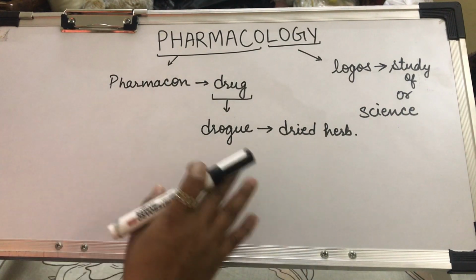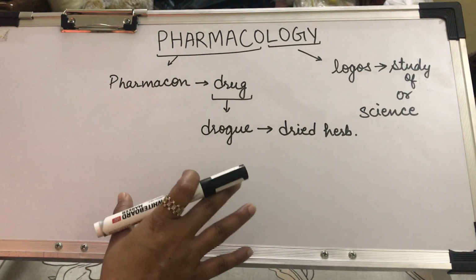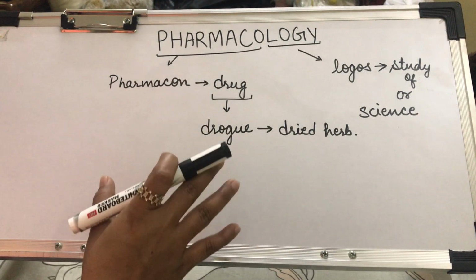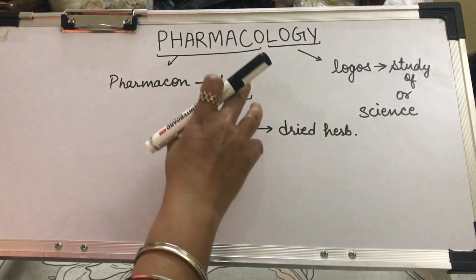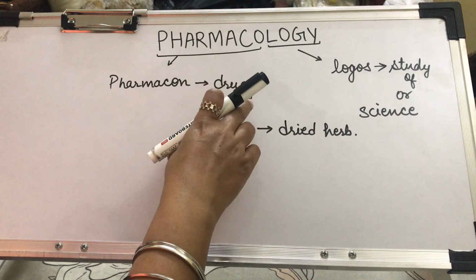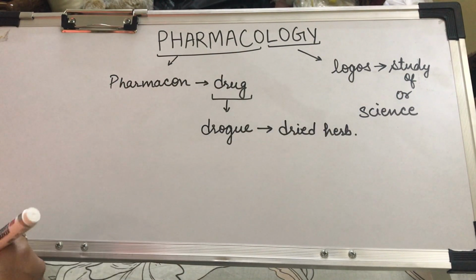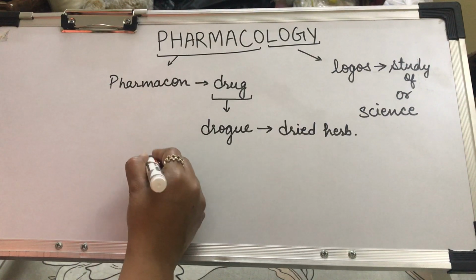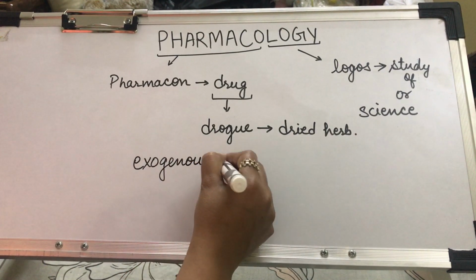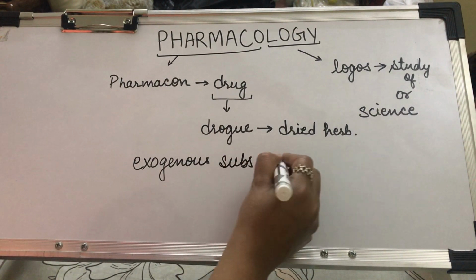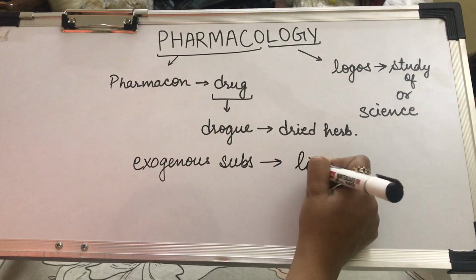It can be any component which is used medically for diagnosis, treatment, or prevention. And when this chemical substance is given from outside the body, that is any exogenous substance, to a living organism,